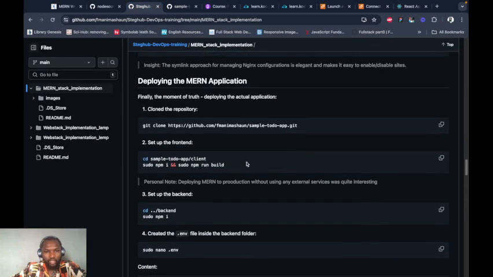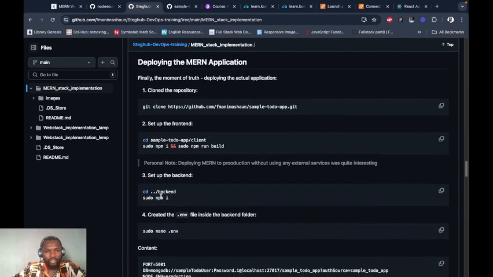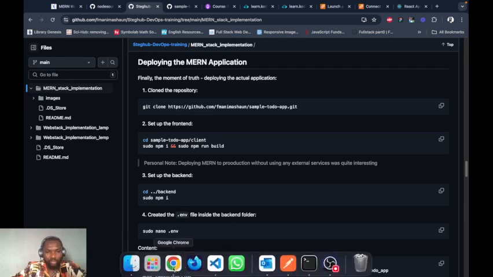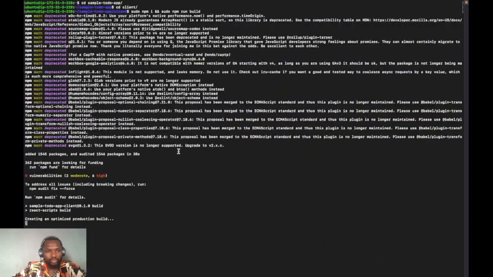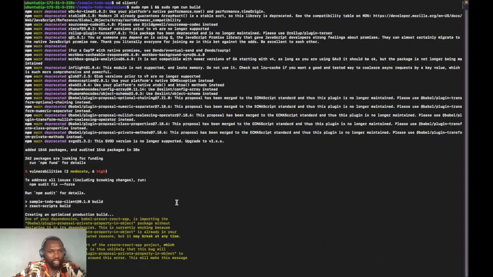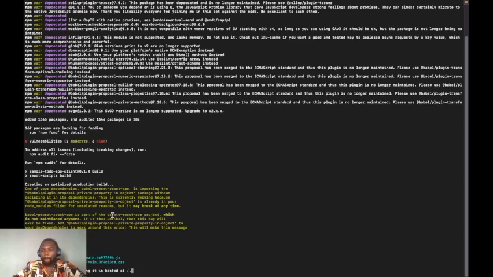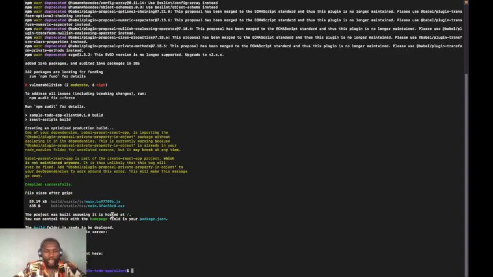So cd into the client. Once that is done, we are going to go back to the backend folder and do the same thing. So let's just wait for that to finish. I think, okay, so it's building it, it's optimizing for production as you can see. So let's just wait for it to finish. All right, so you can go back to the